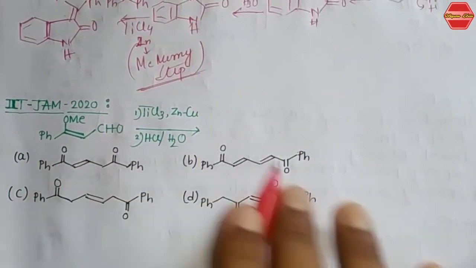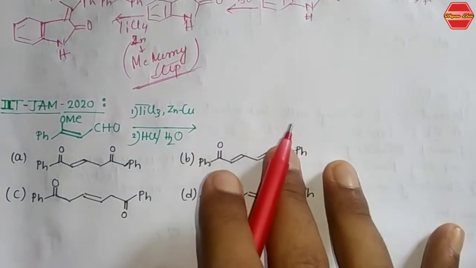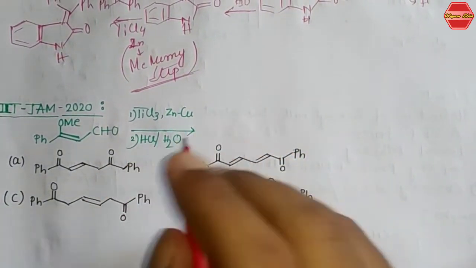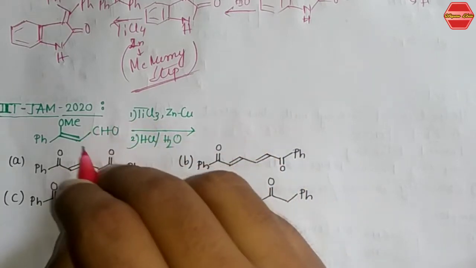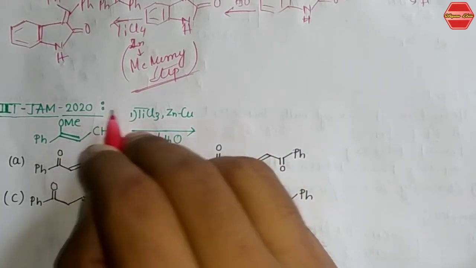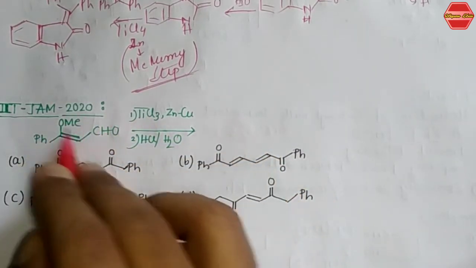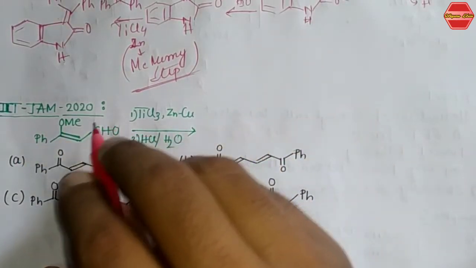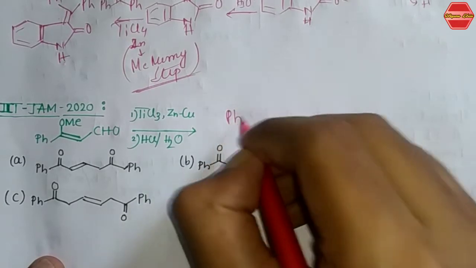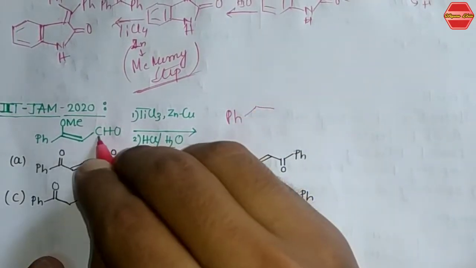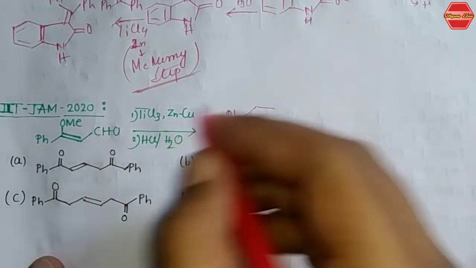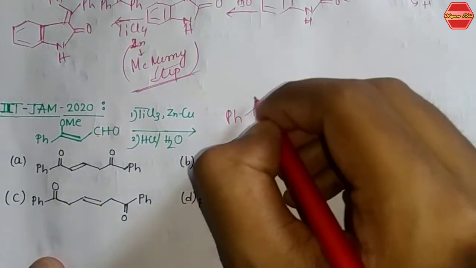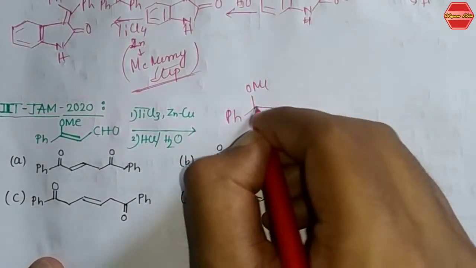So from here you have given 4 kind of options. You have to choose the correct one. Now which one is your correct answer? For this you know that if 1 mole is given over here, then another mole of the same molecule can react with this system. So this aldehyde and another molecule of the same aldehyde can couple to each other, and you are finally getting this product, that is your alkene product.